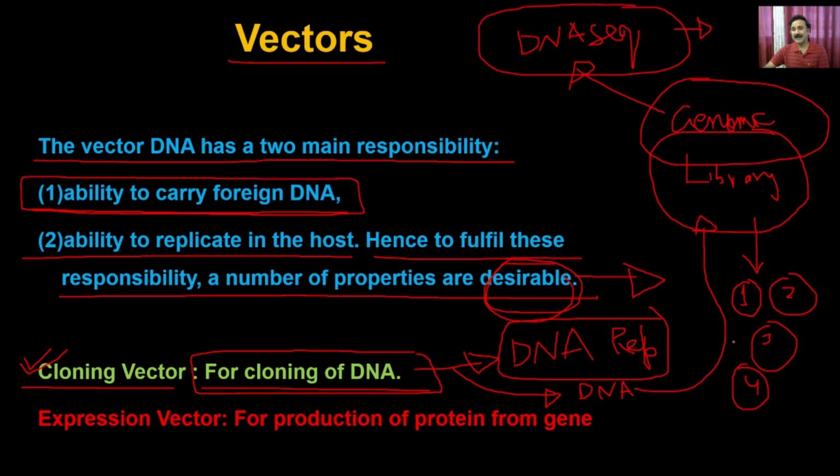So that's how you can represent the complete genome in a genomic library, by having different parts of the genome in the cloning vectors. And then what I can do is sequence these 1, 2, 3, and 4, and then put them together, and that's how I can have the complete genomic sequence of that particular organism.